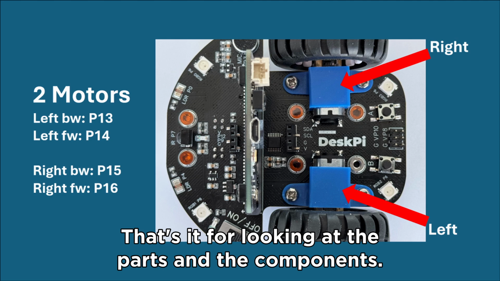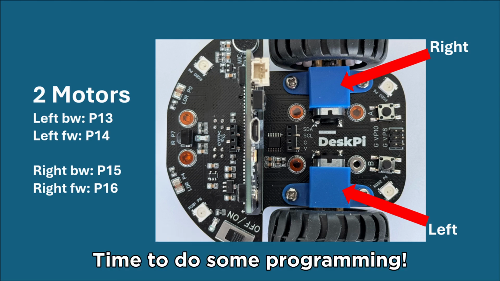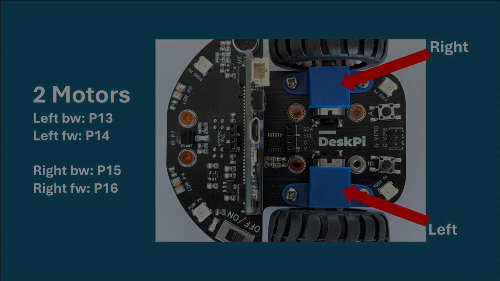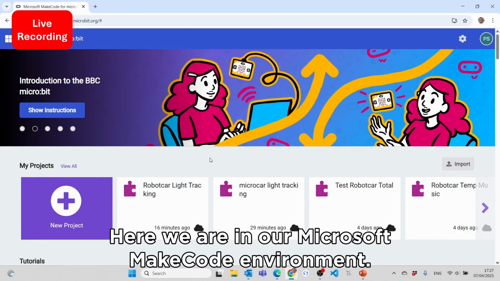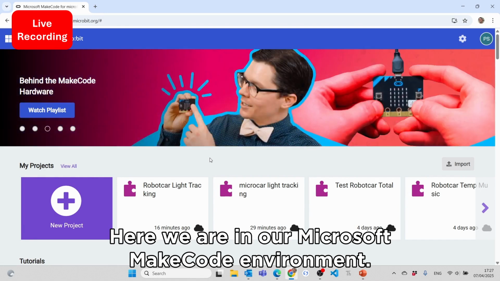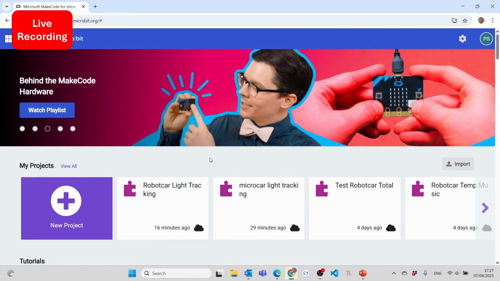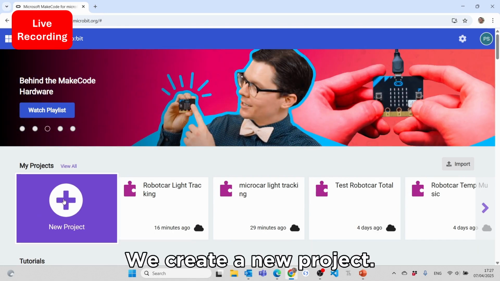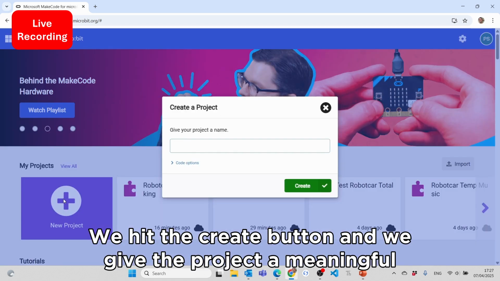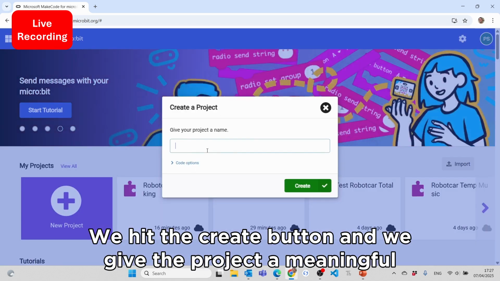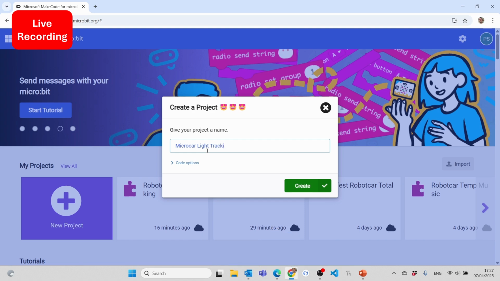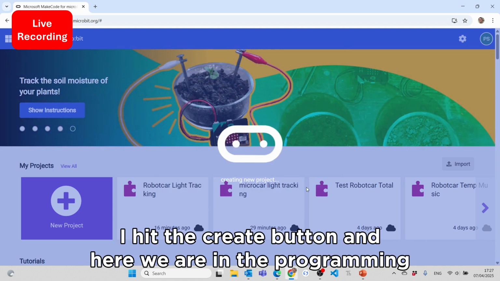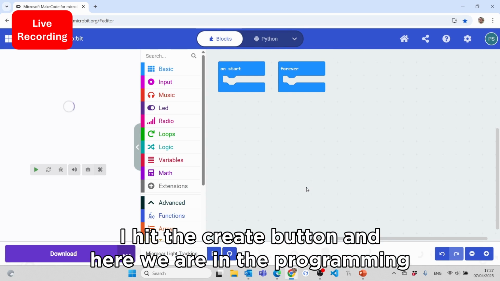That's it for looking at the parts and the components. Time to do some programming. Here we are in our Microsoft MakeCode environment. We create a new project, so we hit the Create button and we give the project a meaningful name like Microcar Light Tracking. I hit the Create button and